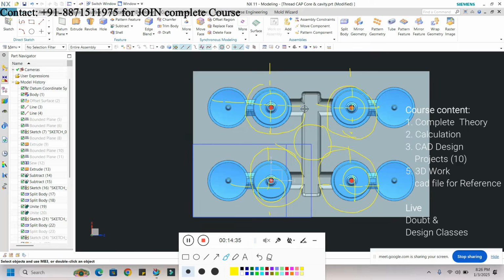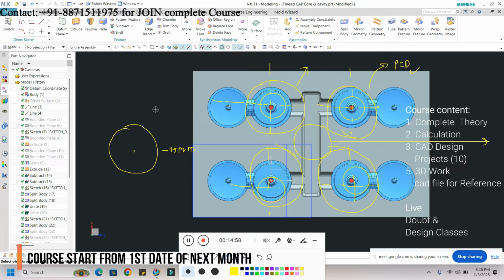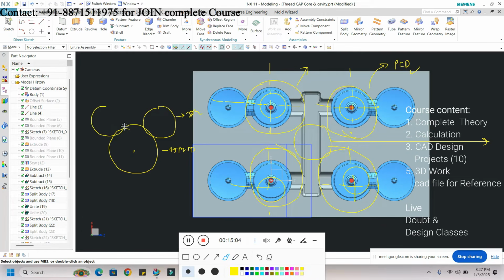Here you can see that the selection of the gear depends upon the position of the component. Definitely. So we have to select the correct PCD for that. For example, if I am taking the PCD of the gear around 45 mm, and here I am taking 30 mm PCD, and here will be 30, here will be 30, and here will be 30, right? But the module should be the same for the gears, right? Correct. So for example, I am taking module 1 mm.